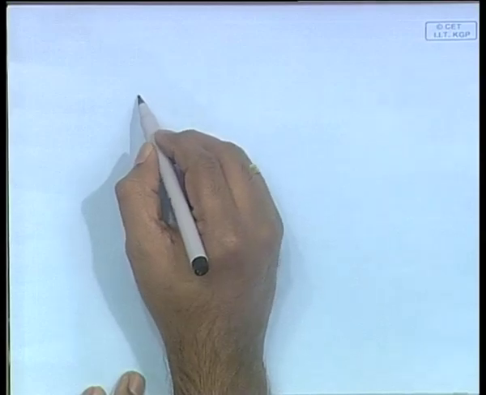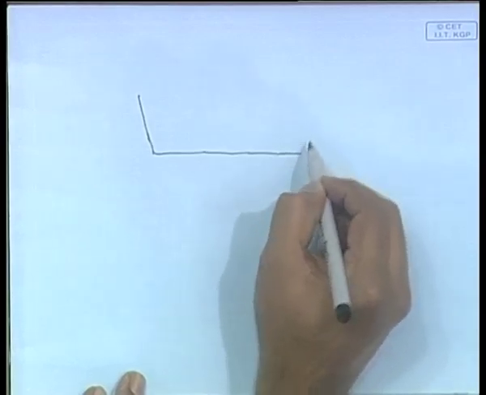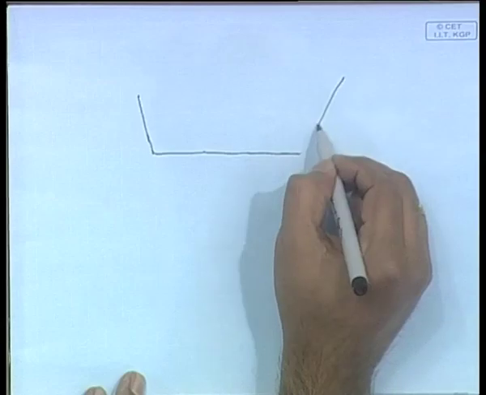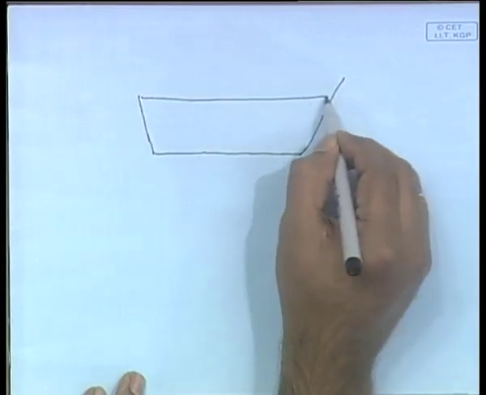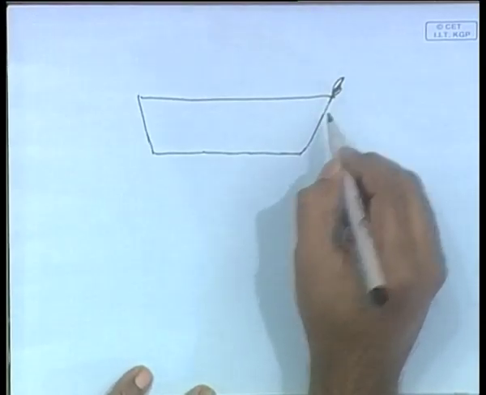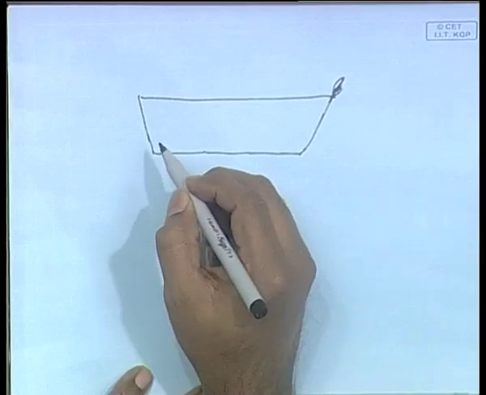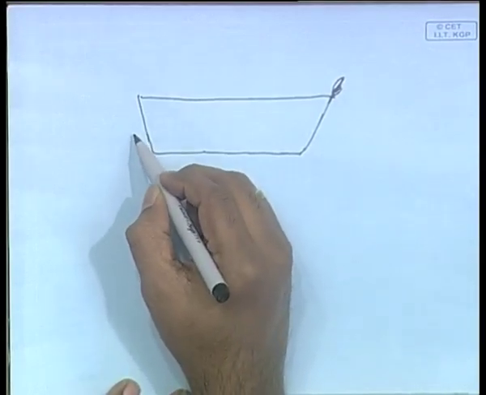Now suppose that the ship is on a wave, instead of being on an even water line. The ship is now on a wave. So, how does it look like? For instance, okay, so this is the ship, instead of being on a horizontal water line, now the ship is on a wave, let us say. So, the wave is like this,